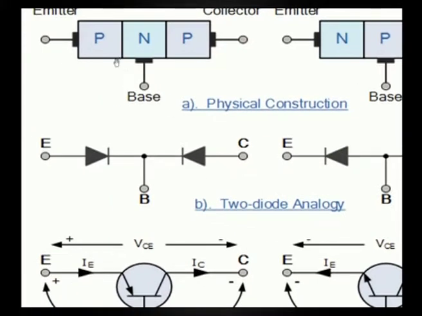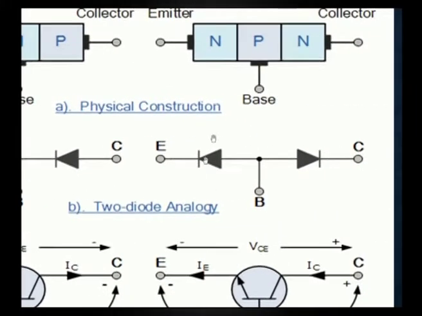This is important, that is the two diode analogy, where we can observe that the PNP transistor has a PN, which forms one diode, and an NP, which forms another diode. So this can be written in a diode format. Using diodes, the transistor can be represented, that is why it is called the two diode analogy. Two diodes can be connected in this fashion to work as a transistor, and these are the 3 terminals of a transistor.